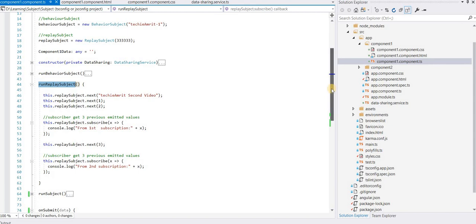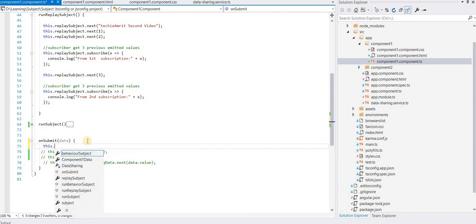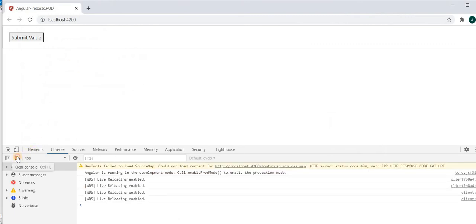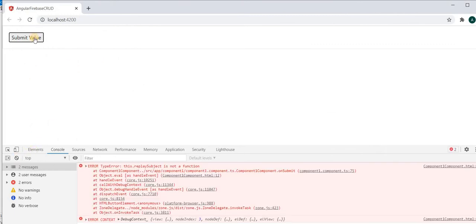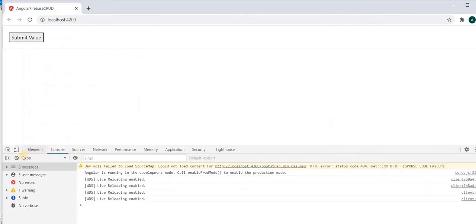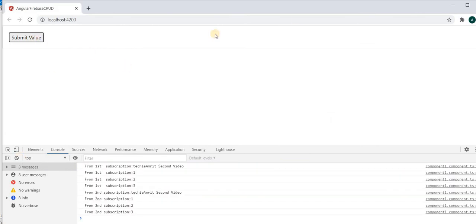Again, this dot replay subject, let's run this. It's not a function. Okay, we are calling the method. See, I can explain now with the output.